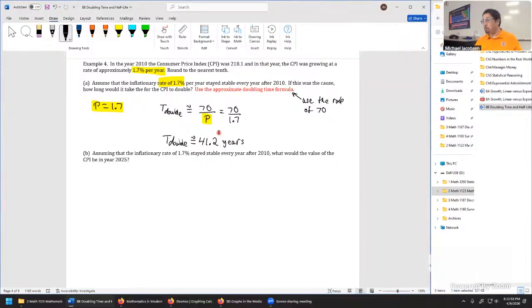Any questions so far, folks, with part A? Okay, well, here's the new thing about this problem. In the last question, we didn't know Panama's GDP whatsoever. We just knew by how much it was growing. But we do know the consumer price index for 2010. It was 218.1. So this is considered to be the initial value